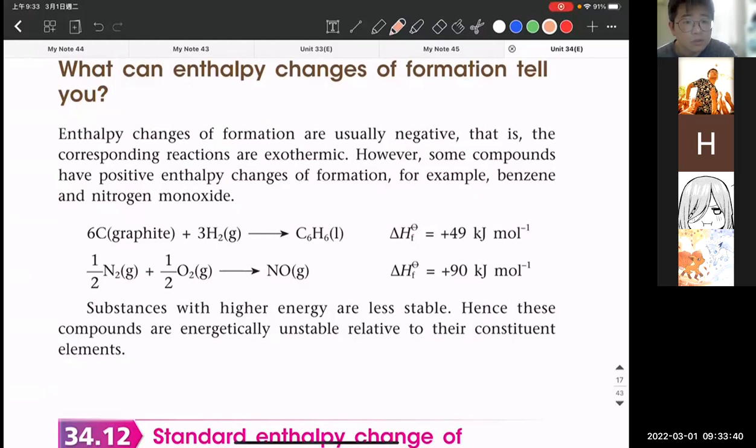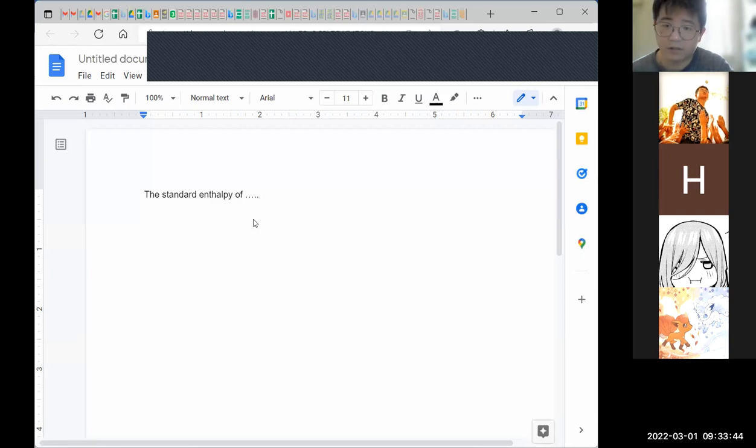What else? Now, you may find the enthalpy change of something. It will usually refer to the enthalpy change of, for example, formation of a substance